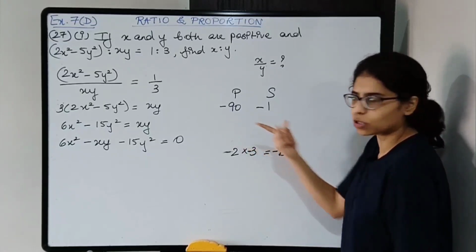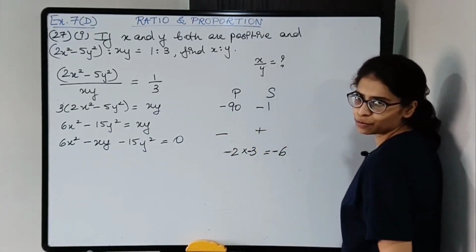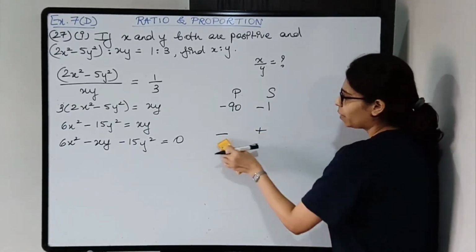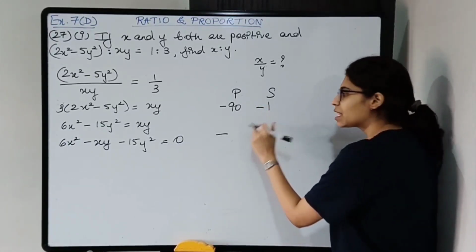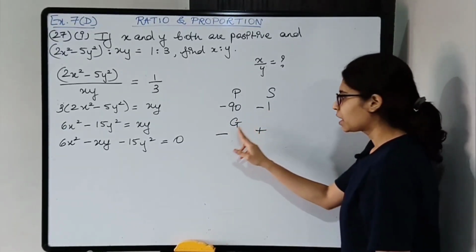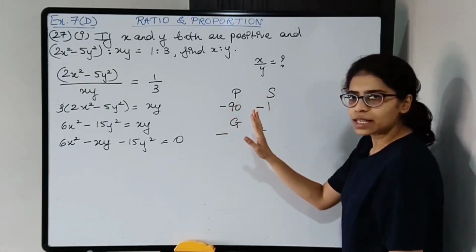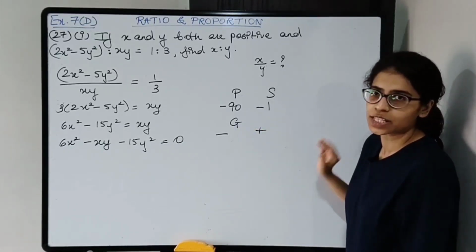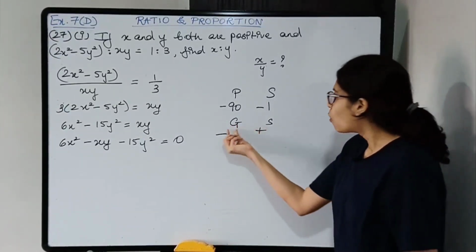So there are two numbers, one will be negative, the other positive. Only then will the product be negative. Also, when you add them you get a negative, so the sum is negative, which means the greater number is negative. The sign of the sum is the sign of the greater number. So if the product is negative, one number is negative and the other positive, and the sum is negative, the greater number is negative and the smaller number is positive. What are the two numbers?